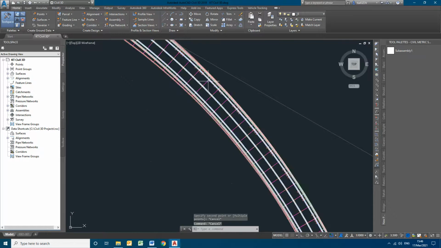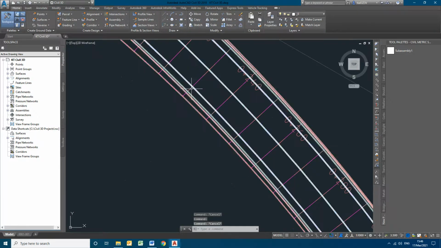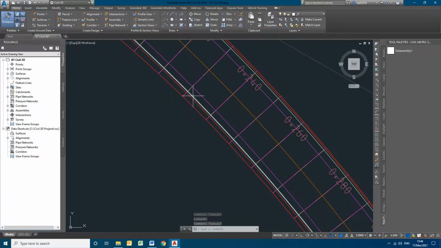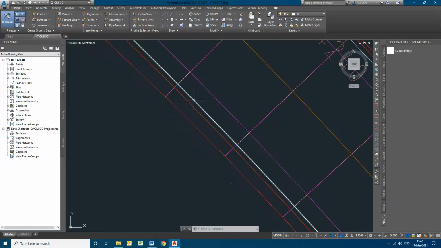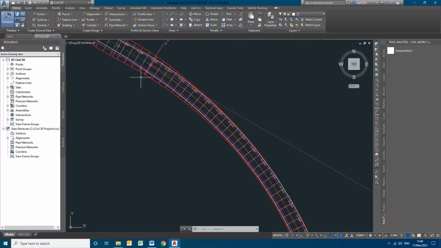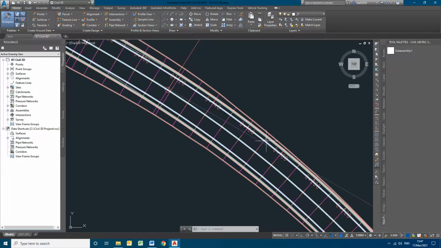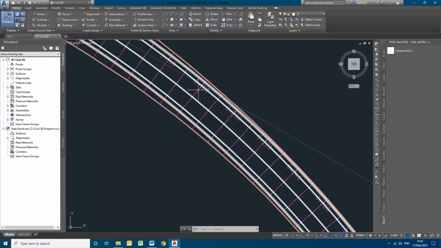So once this is done, I have to apply the widening of this additional 2 meters within the curve portion. So for this, I have to follow this white offset line.